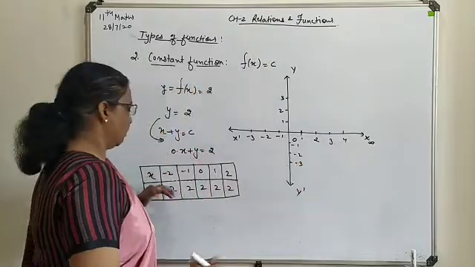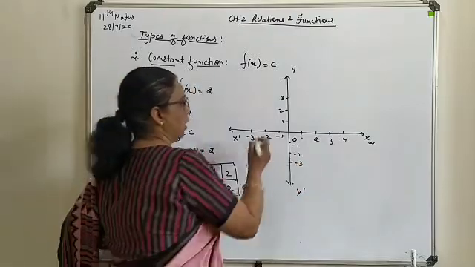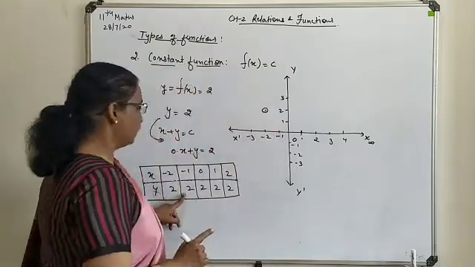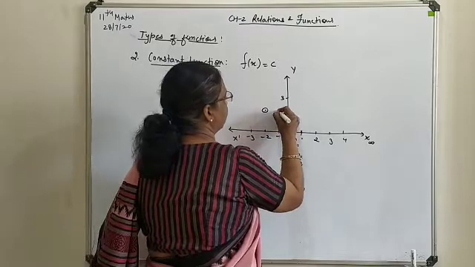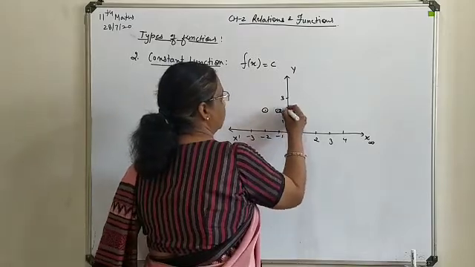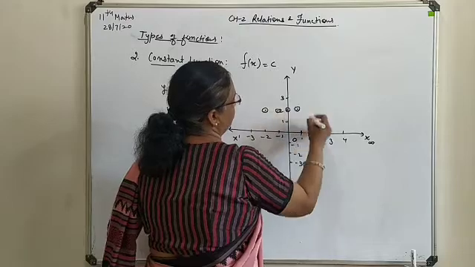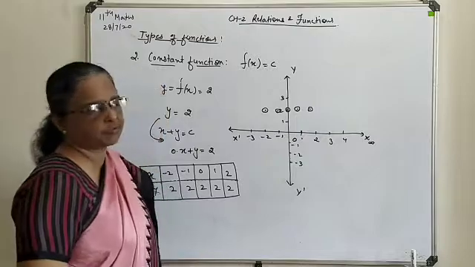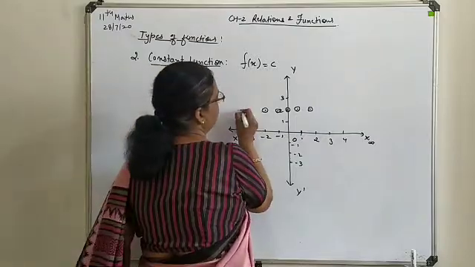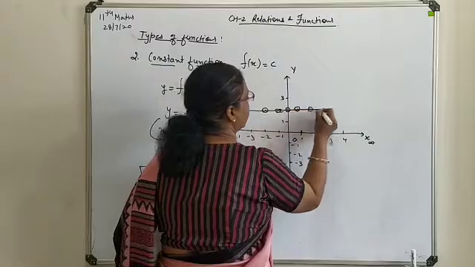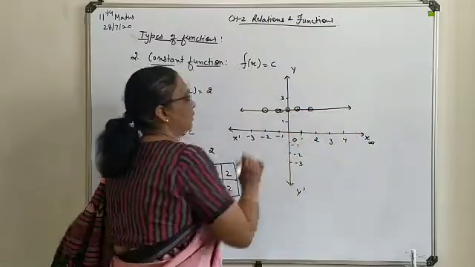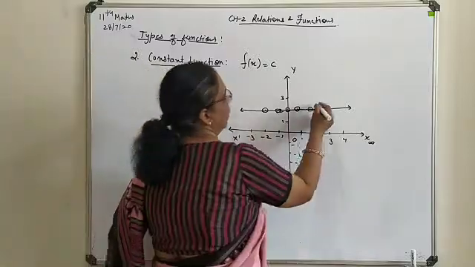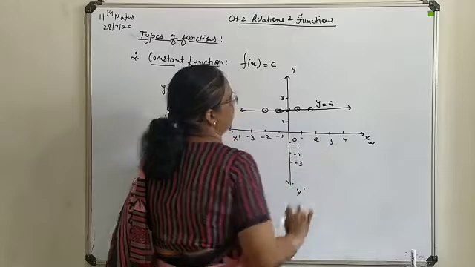Now we represent all these points: -2 and 2, that means somewhere here you will have this point. -1 and 2, this is -1 and 2, here you will have this point. 0 and 2, 1 and 2, 2 and 2. This way, you can see all the points are coming in a straight line. Join them to make a graphical presentation. You will generate a line parallel to the x-axis, and the equation of this line we represent as y is equal to 2.